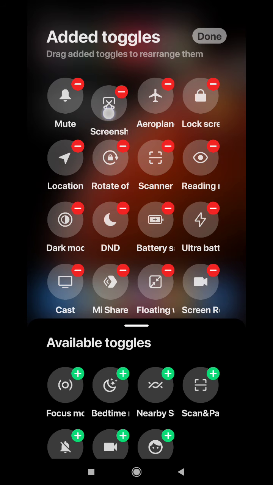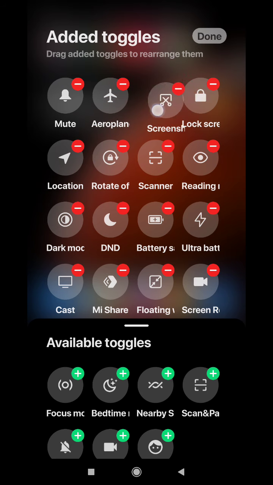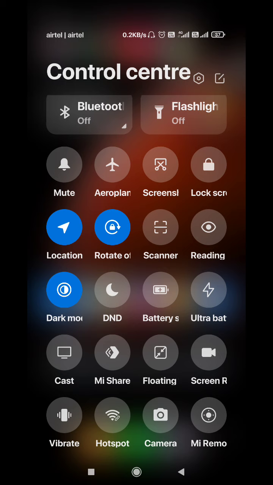For example, here I want it after the aeroplane mode, so I can keep it here. And now the screenshot is situated after the aeroplane mode icon. So now I am clicking done, and now you can notice that it is available. This is one way.